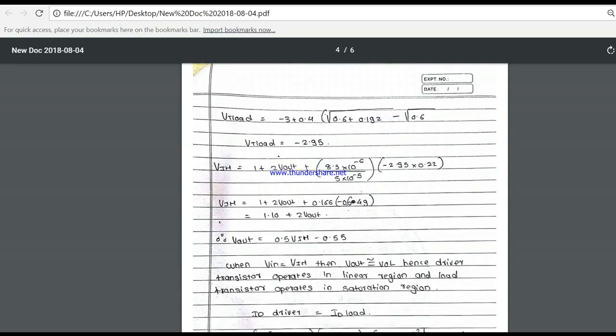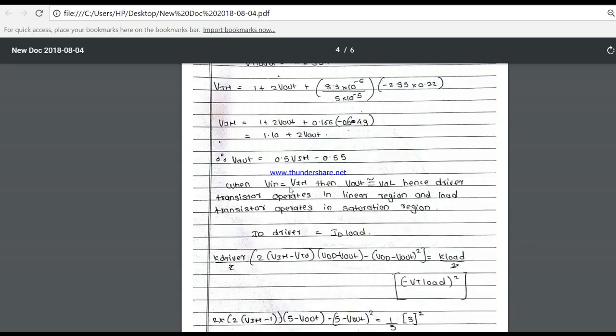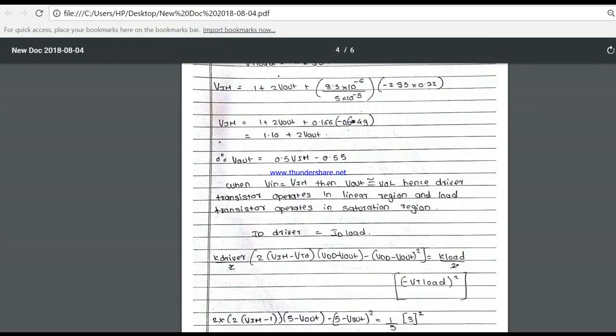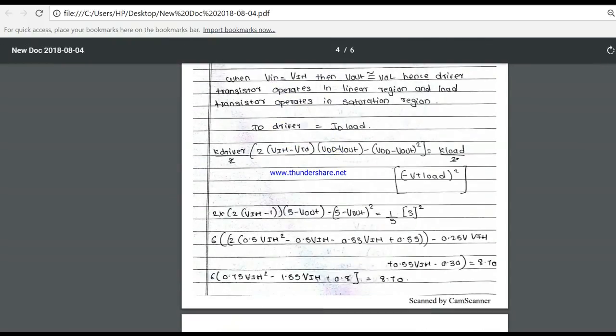So when V in is VIH, then V out is approximately VOL. Hence driver transistor operates in linear region and load transistor operates in saturation region. Hence we write ID driver is equals to ID load. Now again putting the linear equations, equating both equations of linear and saturation, and putting all the values, we will get